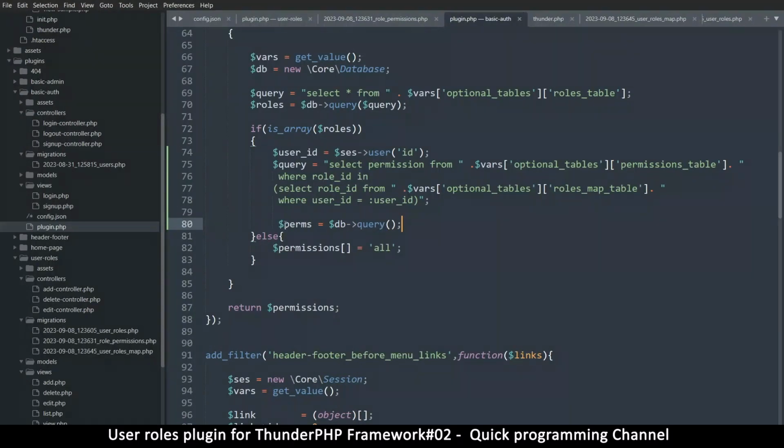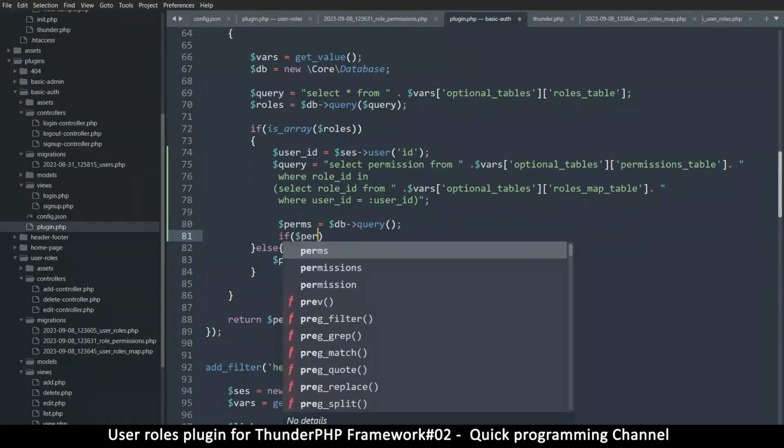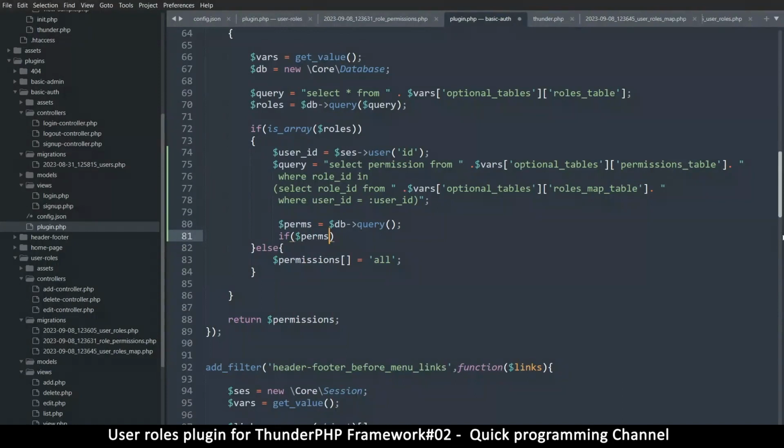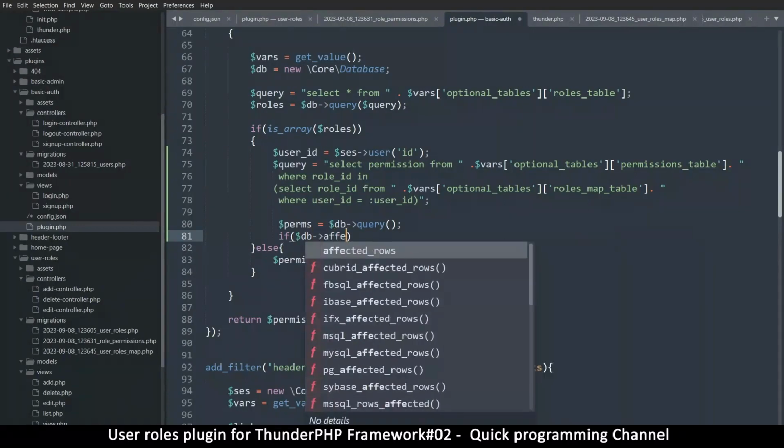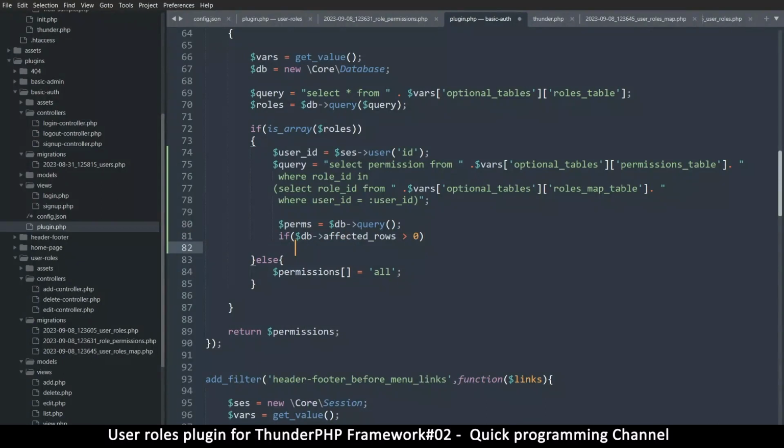Okay, so if there are results inside perms here, I just want to use, let's see, if perms. You can always check the number of affected rows. That can tell you how many were returned. So we can do something like if db affected rows is greater than 0, then we can do